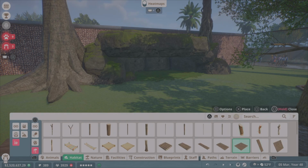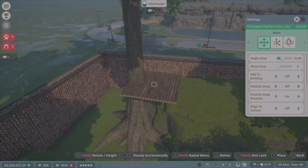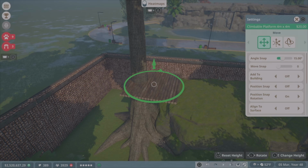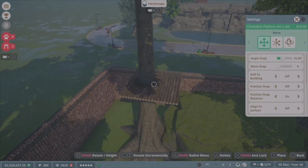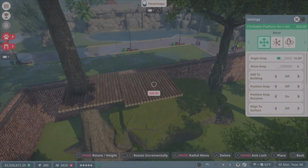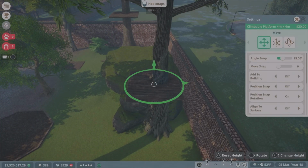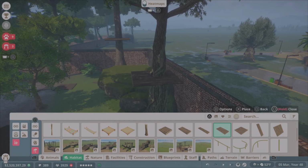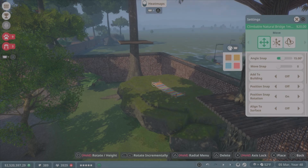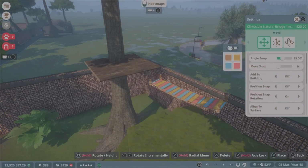And we're gonna make a little platform. So we're gonna go up into the trees. So I think I want to go like that, maybe make it a little offset like that. And then on this tree I want something like that, something a little lower, give them a little bit of a transition, different heights. Then I'm gonna go ahead and put a bridge,